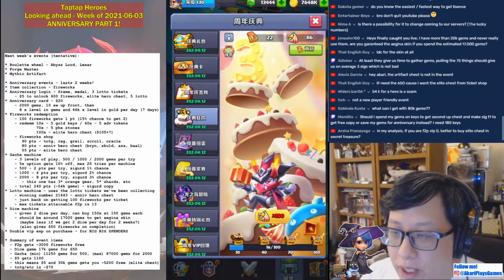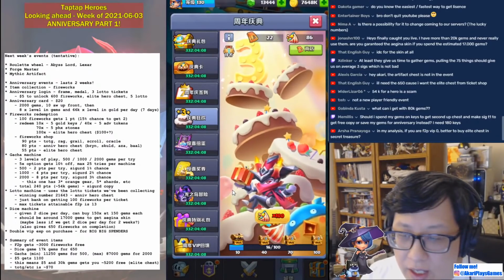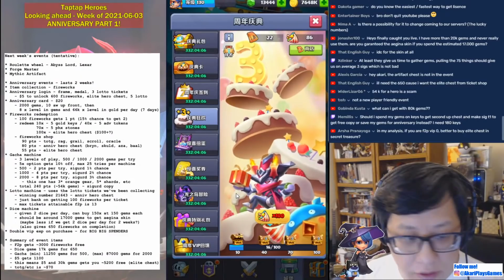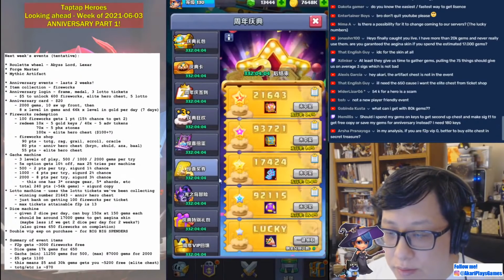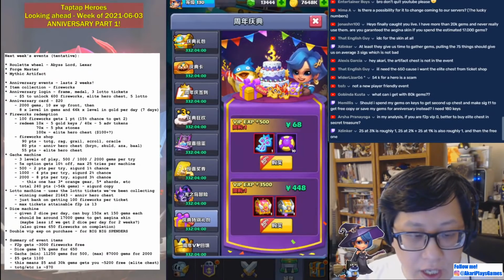If you are free to play, completely free to play, I would say yes, buy the elite chest and the secret treasure. And if you plan to buy Aegina, you should do this. The gacha is...